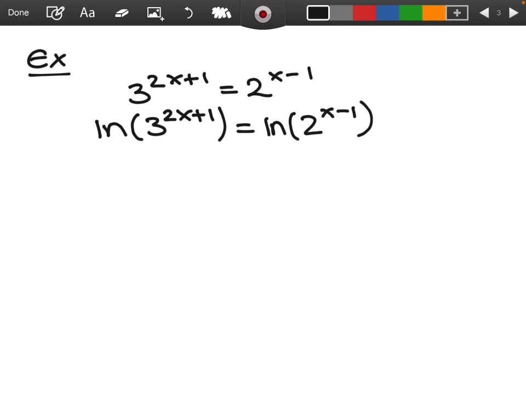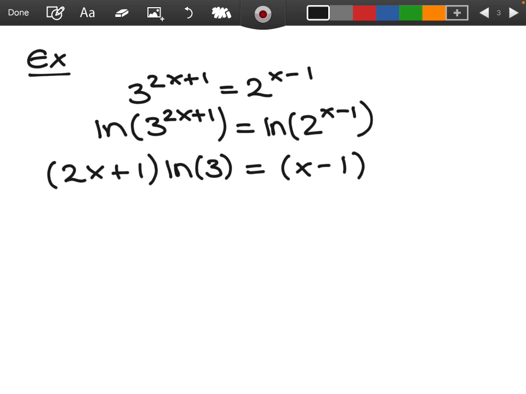And what that will allow me to do is to bring down those powers to the front. So I'm going to end up with 2x plus 1 multiplied by the natural log of 3 is equal to x minus 1 times the natural log of 2. What I'm going to do then is to bring all of the x terms together and all of the constant terms together. So when you multiply this out, I'm going to get 2 times the natural log of 3 multiplied